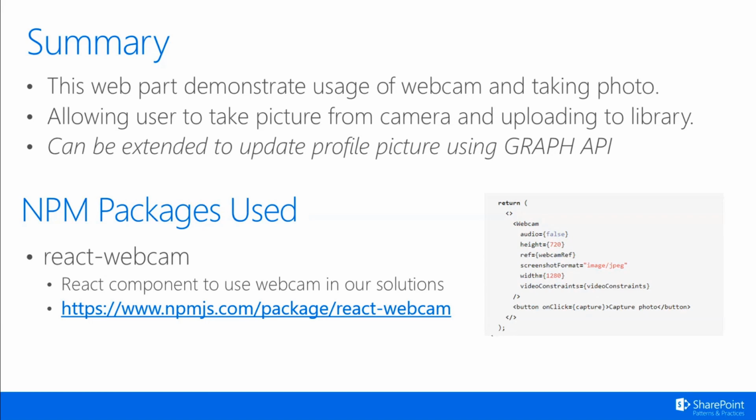There are actually two parts which I will be showing in today's call. The first, the basic one, where the PR has been approved and which is available in the GitHub repo, is only to use the webcam and take the photo. But after submitting it, for the last few days I am working on an extended version of the same web part, wherein we can take the picture and also upload it to a document library. This PR is not yet submitted or available in the GitHub repo, but I'll walk through how it looks.